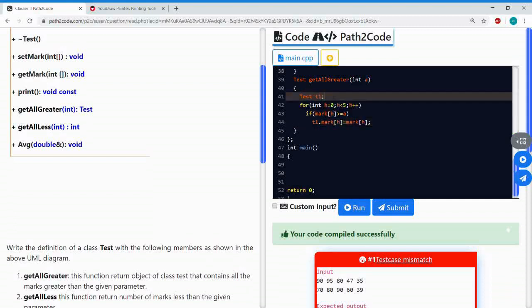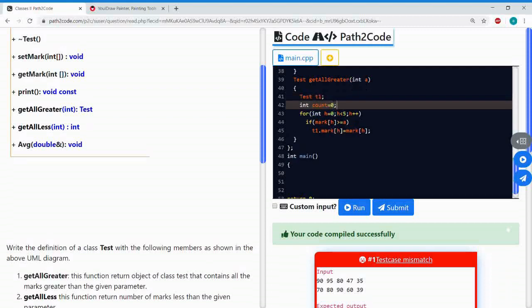So in this case we define a counter equals 0, and we do count plus plus. So in this case we can get up to 5 marks if all 5 marks are bigger than that parameter, but if they're not bigger we can still get like 2 or 3 marks or 4 or 1, but